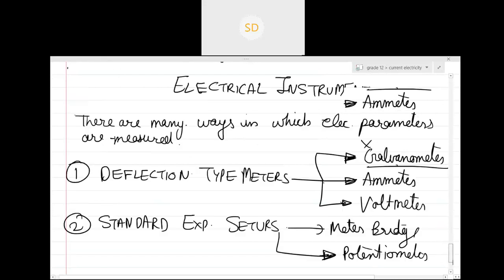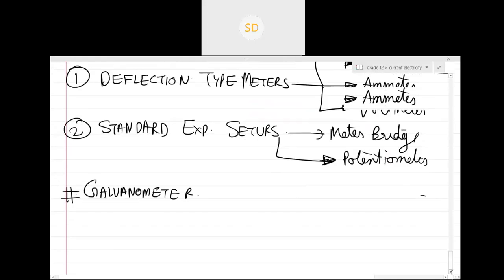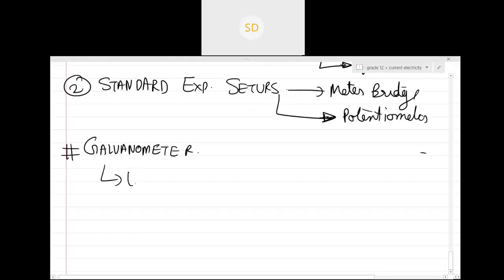Guys, are you writing along with me? Yes, sir. Okay, good. Now, when we talk about something called a galvanometer, what is basically a galvanometer? It is a device used to measure the presence of small current